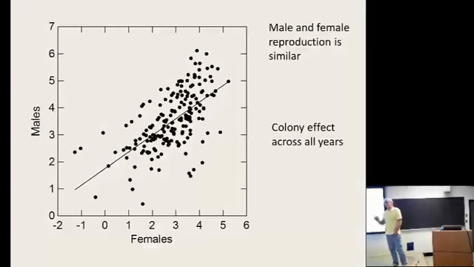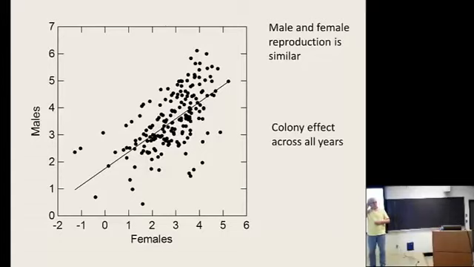Looking at this a little more, traditionally perhaps, we look at the output of reproduction through females for a colony compared to output through males for that same colony. So each point represents a colony. Each point represents all of the data across those about 10 years of detailed reproductive assays. And it's a log scale.